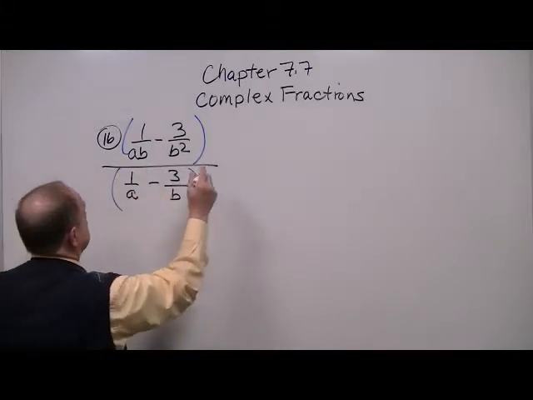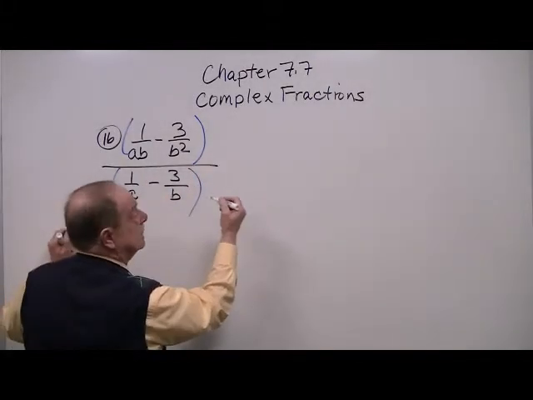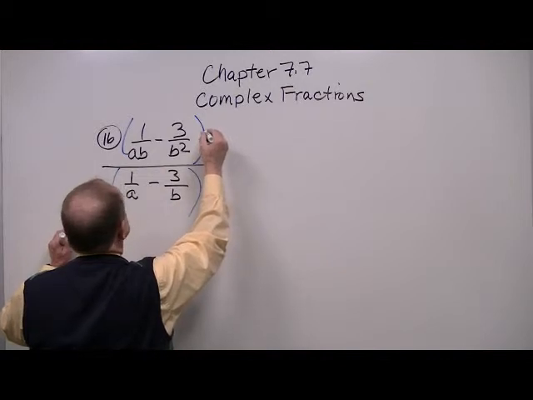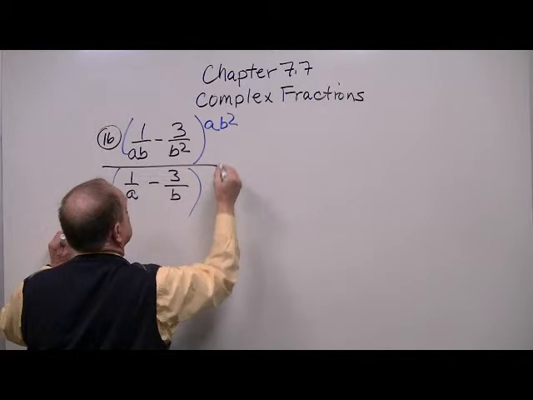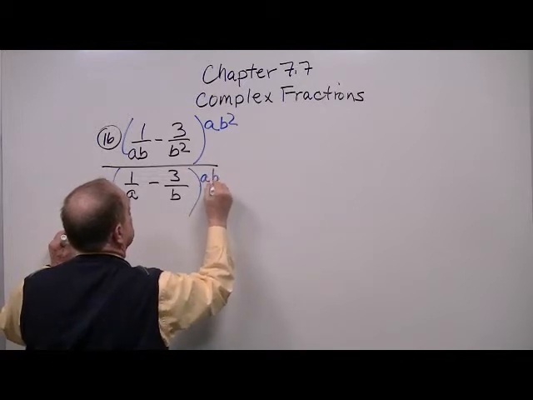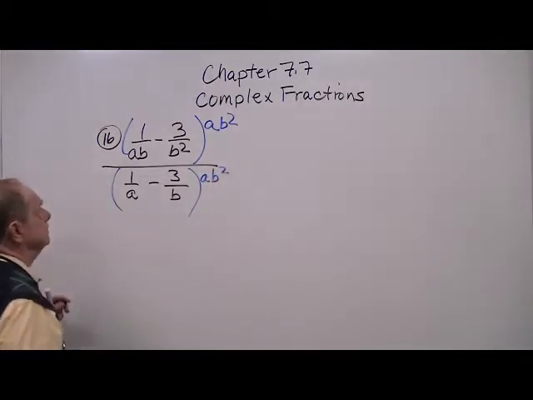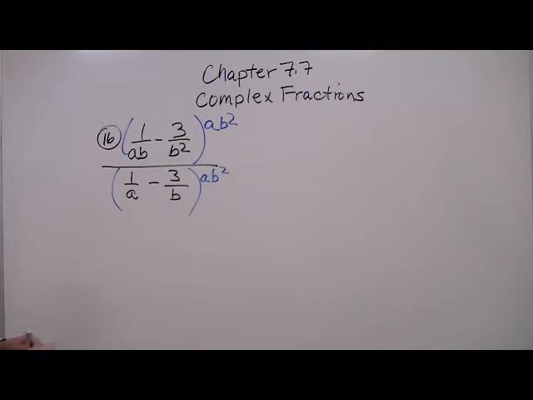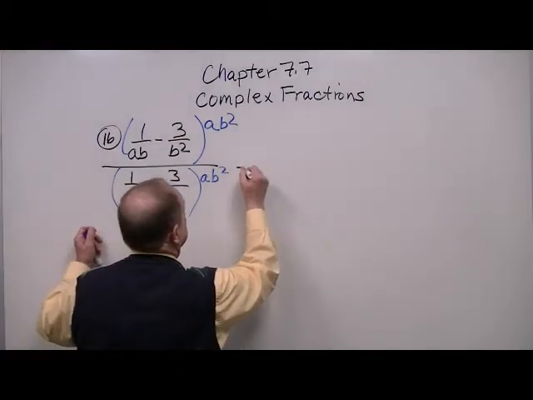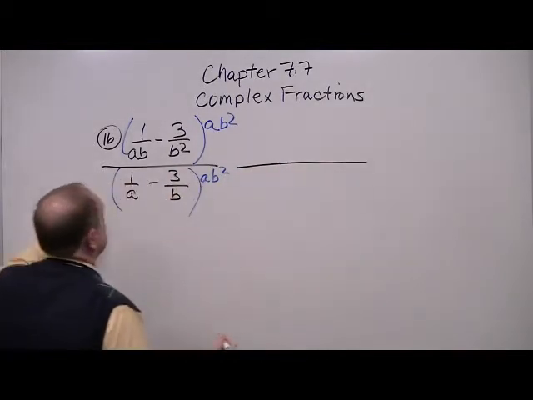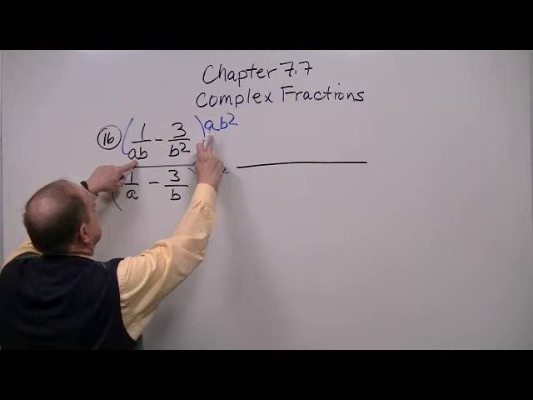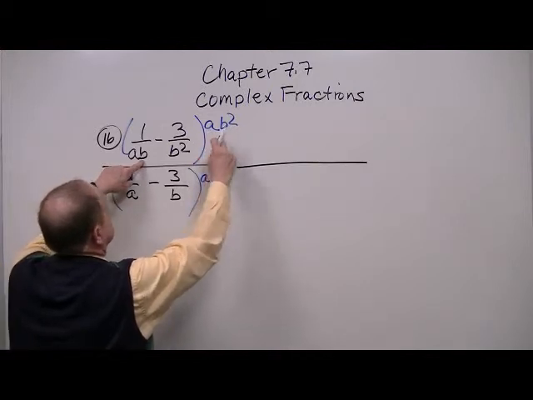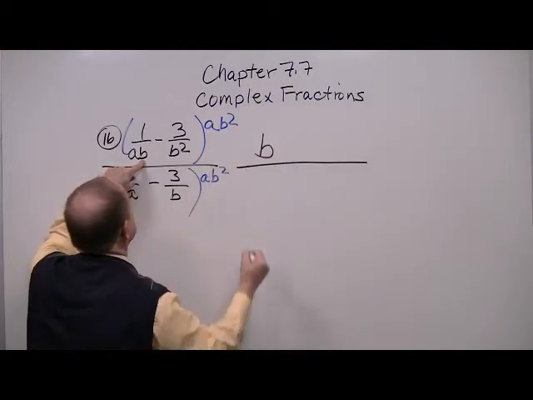Well, looks like we did this one already because it seems very familiar. a b squared. So we're going to cancel out the a and one of the b's, so we're left with the b